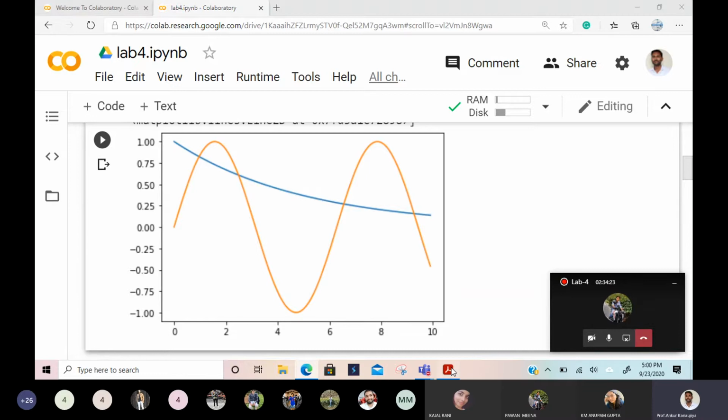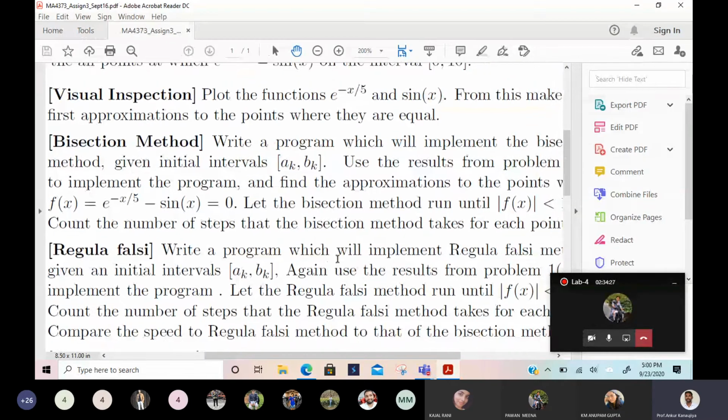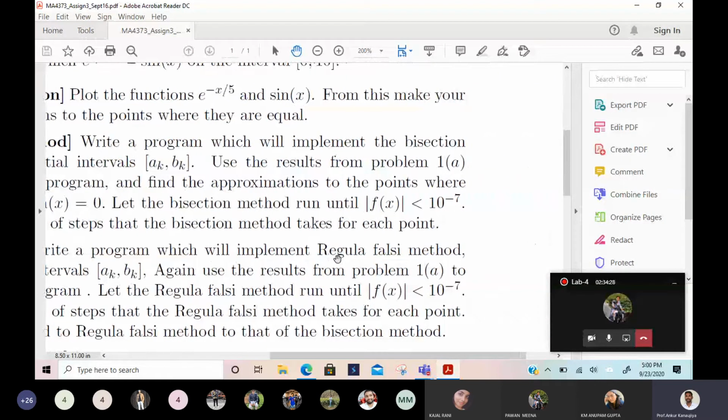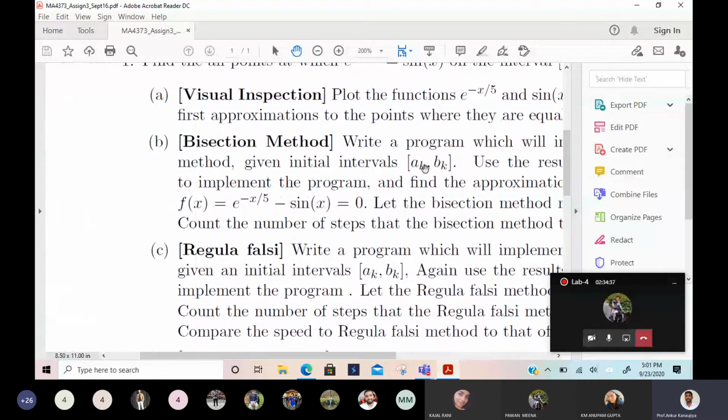So now we'll do the bisection method. Once you do the bisection method, I have given this criteria: when the absolute value of this function is less than 10 to the power minus 7, then you can stop. In the bisection method, every time we are dividing the interval in 2 parts, choosing one part and neglecting the other, and again dividing, so keep on dividing. When will we stop? Suppose we get f(x) equal to 0, definitely we will stop because we got the answer. At which x it is 0, that we want.